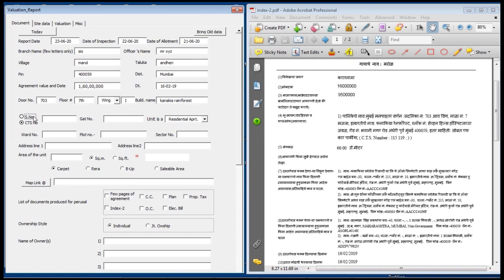We will select the survey number or CTS number tab and we will enter data here. Then gut number, plot number, sector number if applicable.